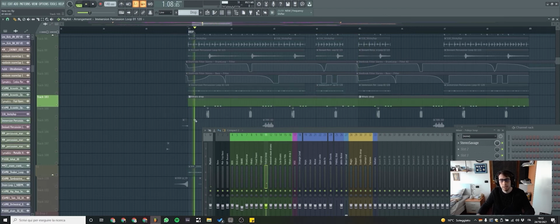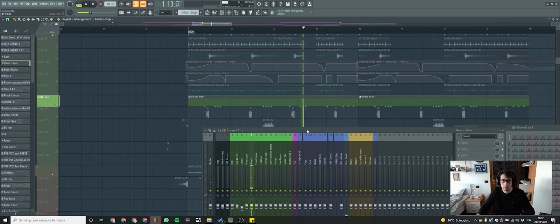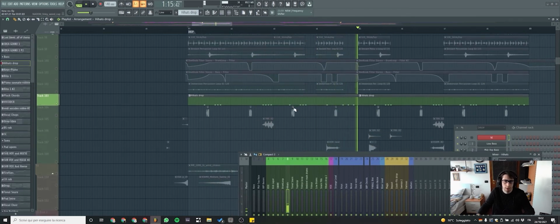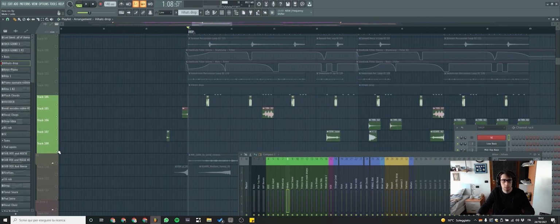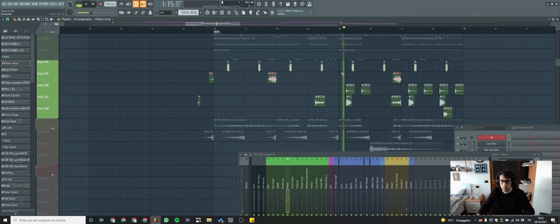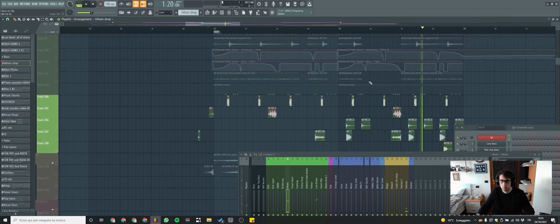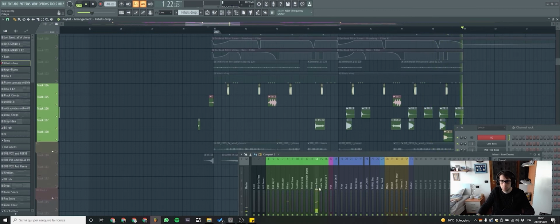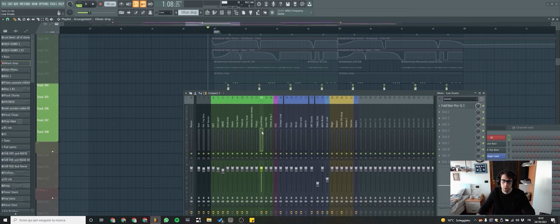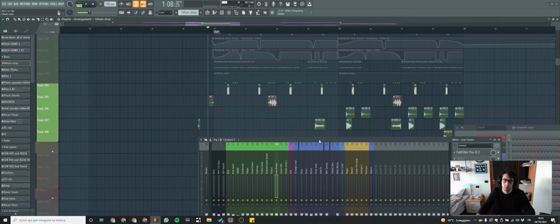Then we have the hi-hats, little lo-fi hi-hats, and here there are some effects, which are basically not processed or with a couple of equalization and the reverbs.